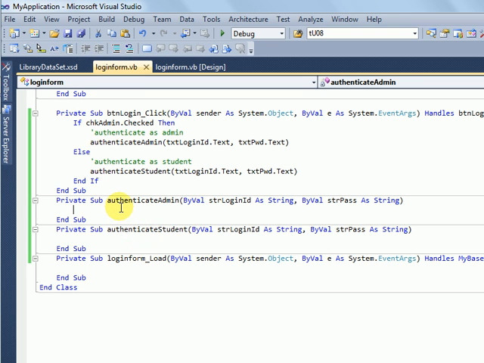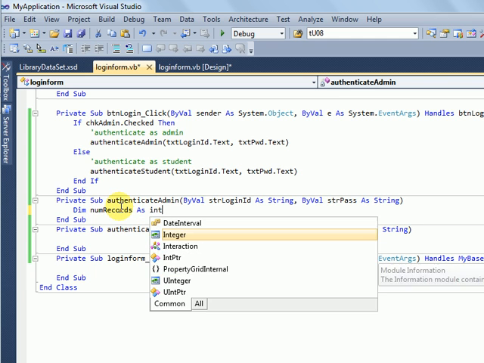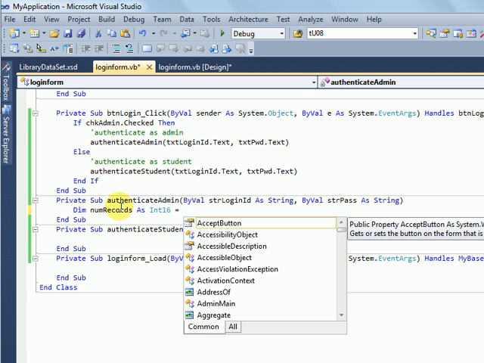So the code will be the same. If you remember, we declared here a variable as integer,